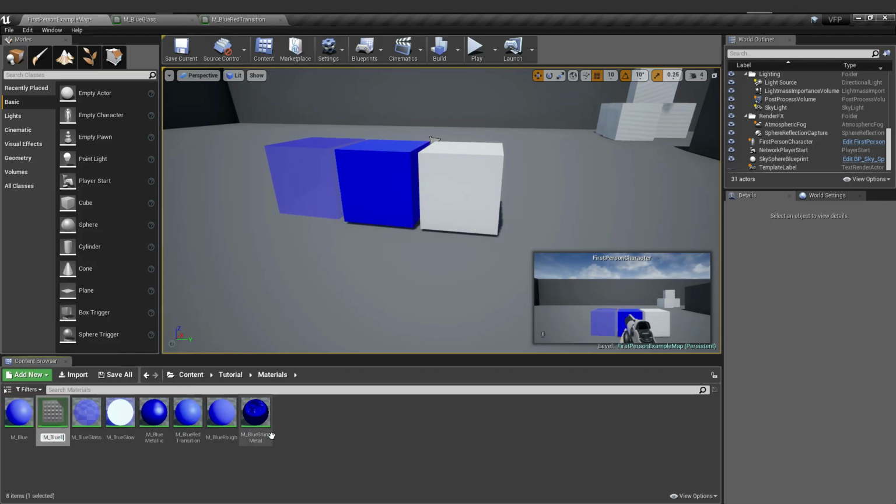Let's name this blue pulse. So let's create a pulsing blue color. Okay, let's create maybe pulsing blue.